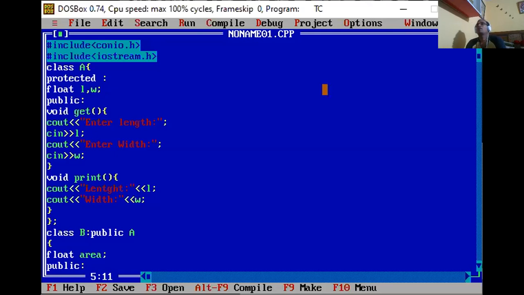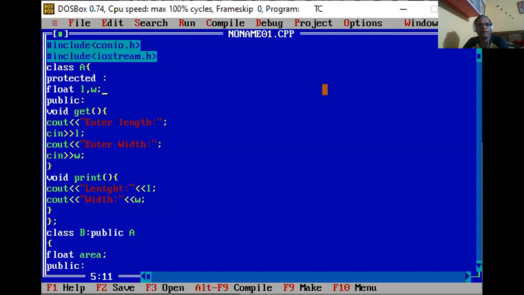So now we use two base classes. The first base class represents the rectangle parameters, and the second base class contains parameters for the circle. Parameter means data member. And we define the derived class, and that derived class calculates the area not only for the rectangle but also for the circle.